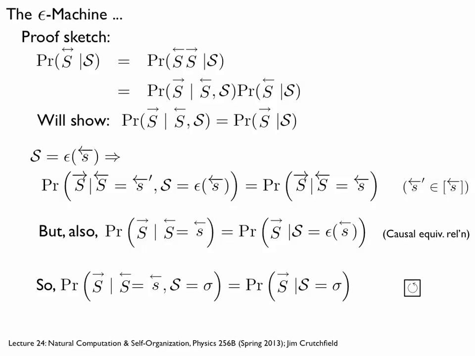Okay, so what we want to do is take this joint conditional distribution and split it by doing a probability identity here. We're just taking the probability of x and y given z, and we factor that out to the probability of y given x and z times the probability of x given z. That's just a probability identity. These are equal. So what I have to argue to establish the property is that this dependence on the past disappears. In other words, that this factor is really just dependent on the causal state.